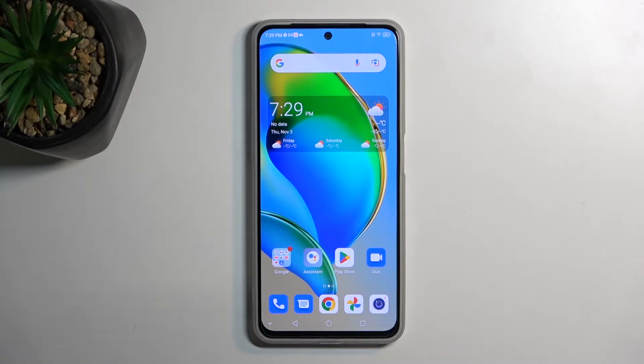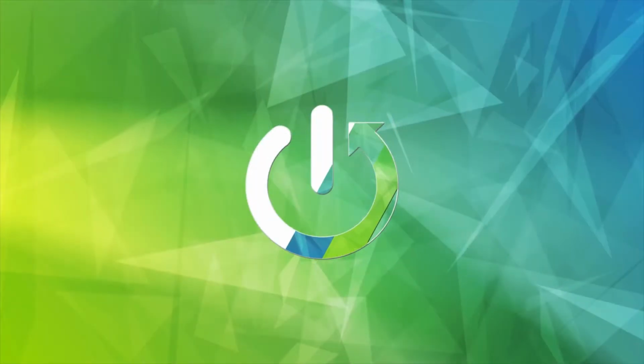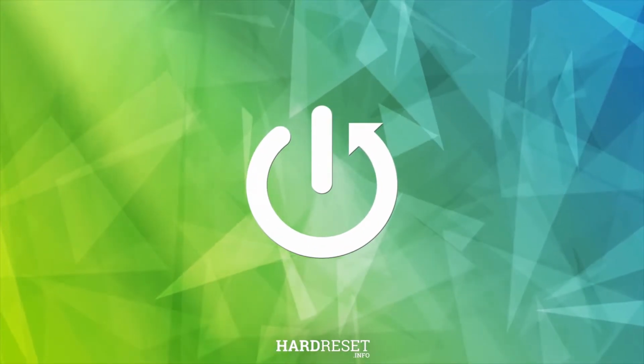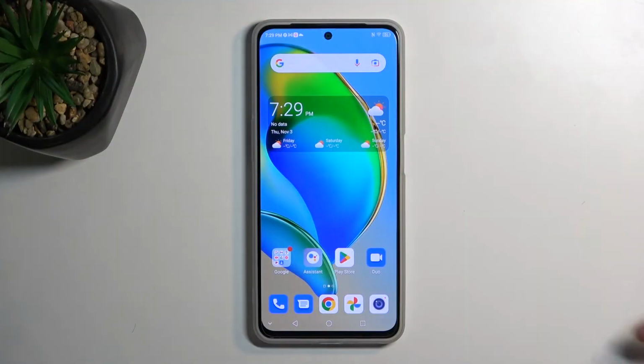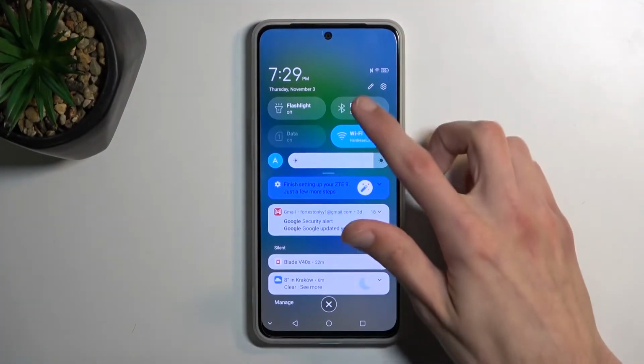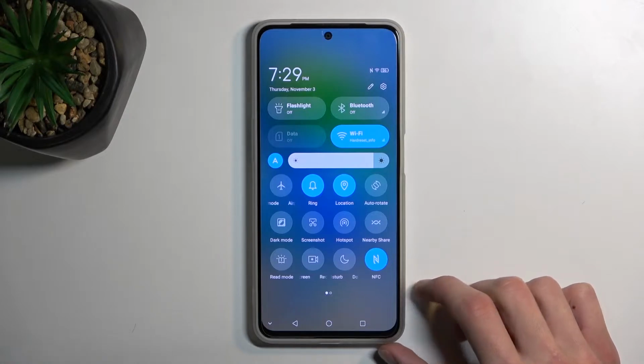Welcome! In front of me is a ZTE Blade V40s, and today I'll show you how you can record a screen on this phone. So to get started, let's pull down our notifications, extend the list, and somewhere in here we will find our